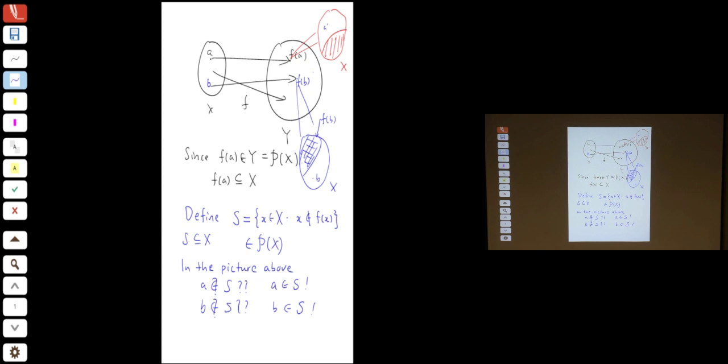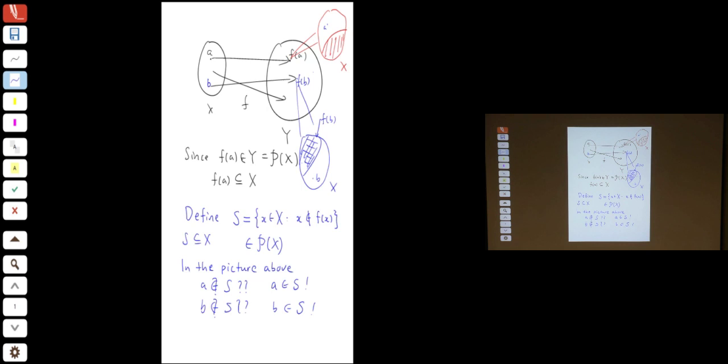Again, because B is here, f of B is somewhere on the upper part. So maybe B is down there. So B is not in the image. Then S will happily collect this B. Okay. So now I want to draw a situation where